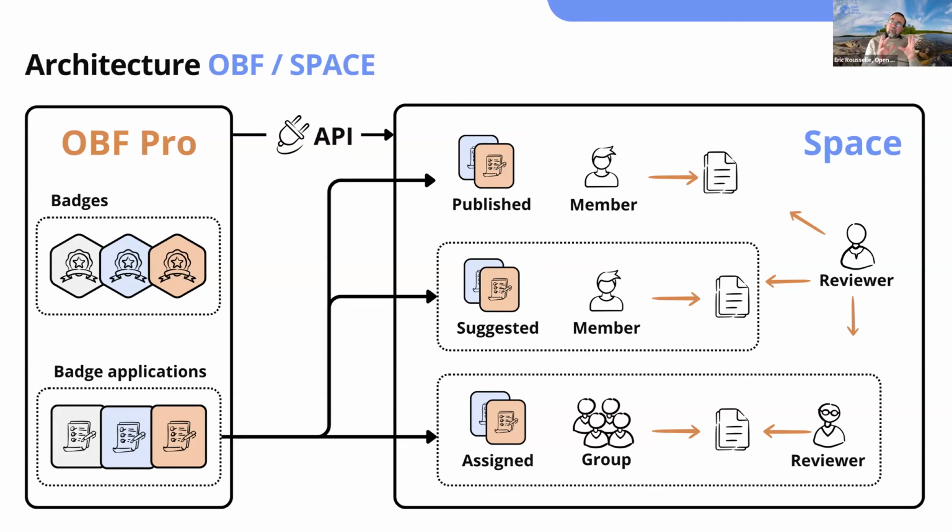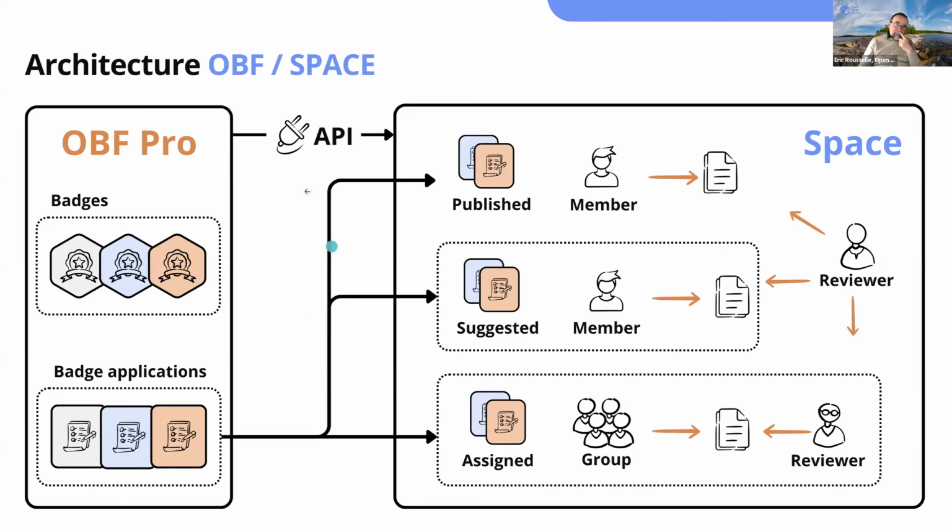So it was basically forbidden to have this kind of situation where the teacher of classroom A would see in the space the students of classroom B. Okay, so we solve this problem by setting up, I would say, roles not only at space level but also at group level.